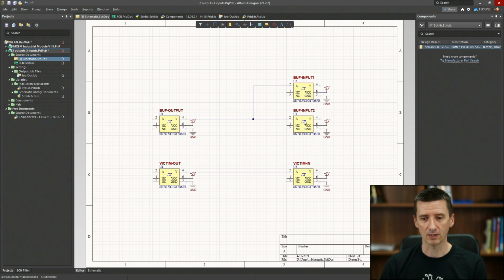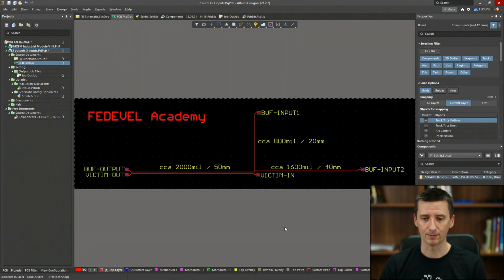And the difference between these two circuits is that here we are going to run a 10 megahertz signal between this output and these inputs. And down here on this other circuit, we are not going to run any signal. We will just have a look at what kind of noise is going to be generated from this 10 megahertz signal on this connection between this output and this input. When we have a look at the PCB, this is what I created.